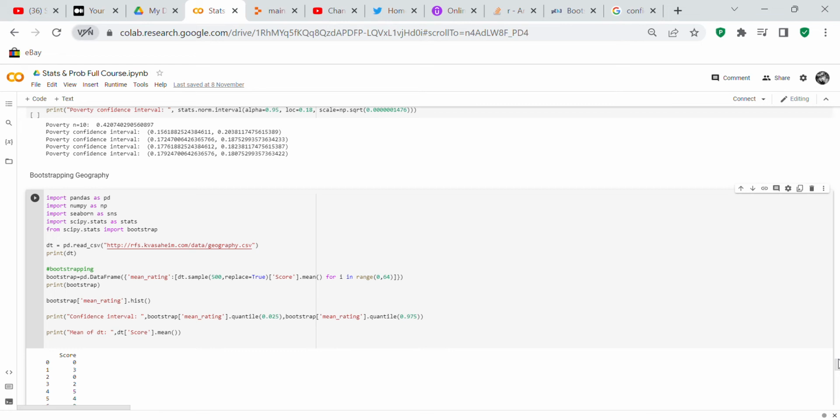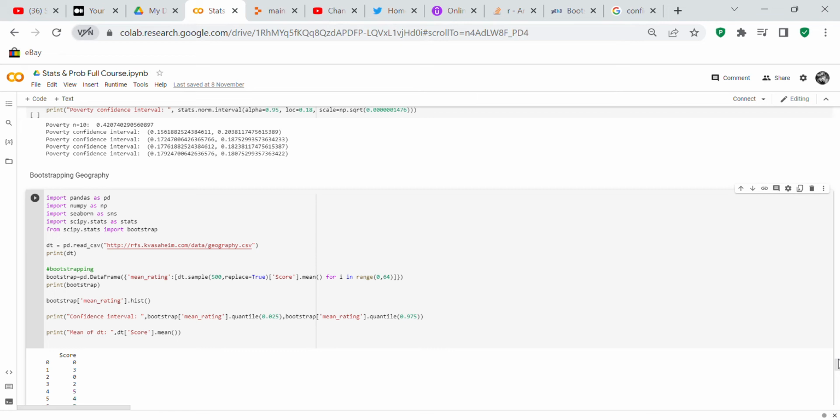So bootstrap_mean_rating equals pd.DataFrame, and then dt.sample. So you're going to sample it randomly, 500 times, with replace equals True. And then we're going to sample randomly the score, and we're going to get the mean of that